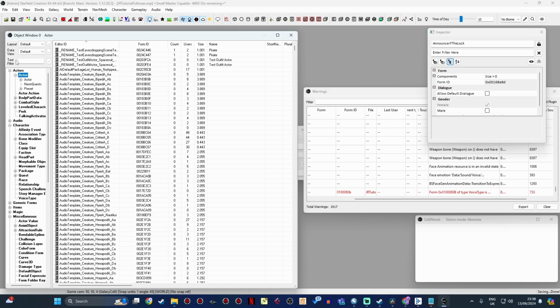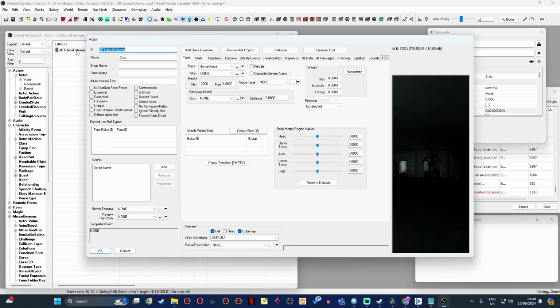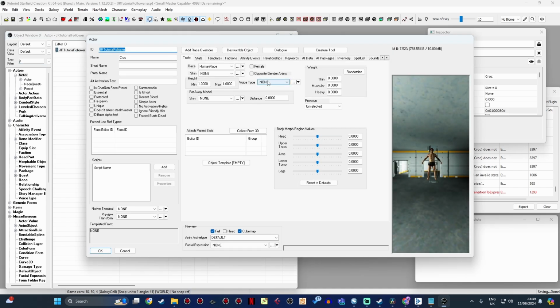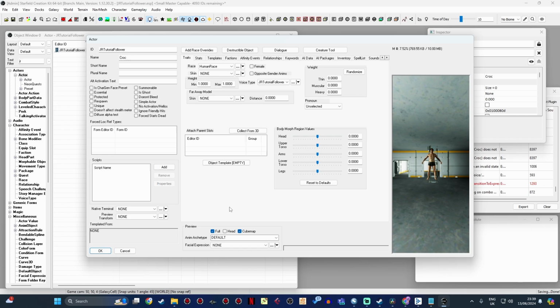Now, if you made a prefix, then that makes it quite easy to filter for it here. You can just type into this text filter, which acts as a search function. You can type your prefix in, open it up, then you're going to go to voice type here, and start to type in your prefix again. And there it is. So we've created your character with a voice type. And then check the unique box.